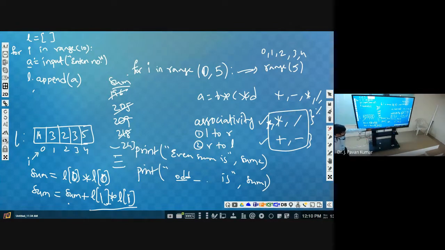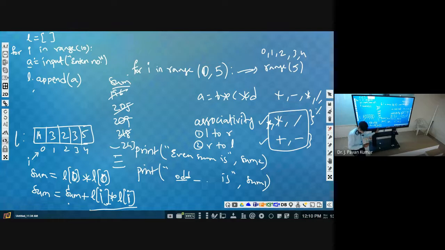So now if you observe, sum plus L of 1 into L of 2. Next will be sum is equal to sum plus L of 2 into L of 2. Next, sum plus L of 3 into L of 3. So except the first statement, all the remaining are similar kinds of statements. We are changing only the index. So I am putting here I, instead of 1, 2, 3, 4.